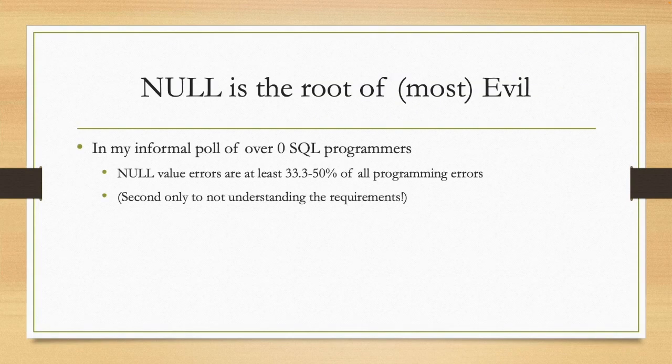In my informal poll of over 0 programmers, that's me, I'm at least the one, null value errors are at least a third to half of all your programming errors, because you don't think about all the implications. It was even hard to write this presentation because I had to keep going back and remembering, oh yeah, that's one too. It is second only to not understanding the requirements, honestly. And that'd be the worst, right? I mean, we build something that is not what the customer wants. But